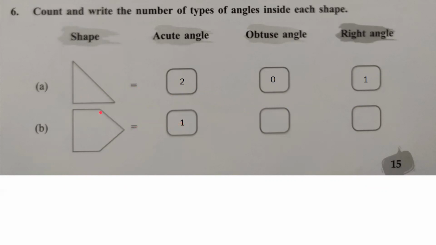Now here at the top of this corner is an angle which is more than a right angle. Down also here we can find an angle more than a right angle. So number of obtuse angles equals 2. Now at this corner top we have a right angle and down also at this corner we have a right angle. So number of right angles equals 2.